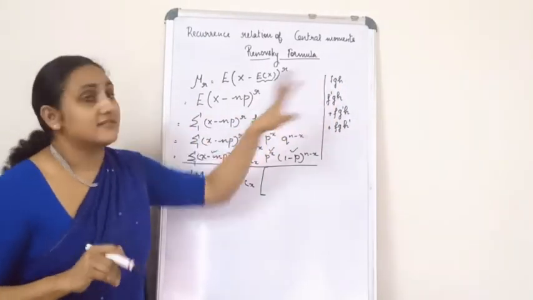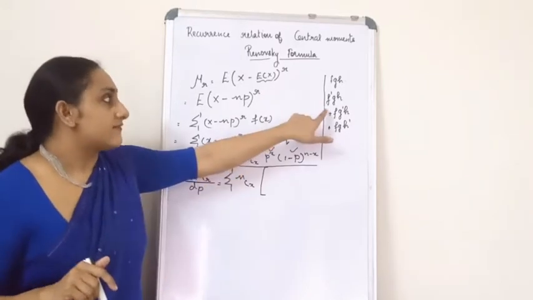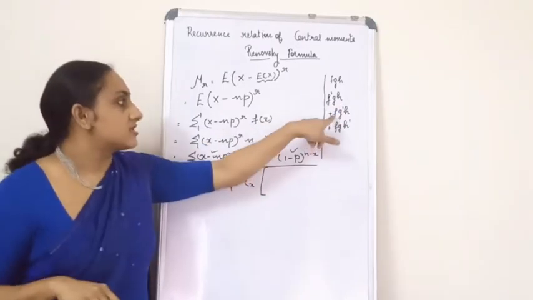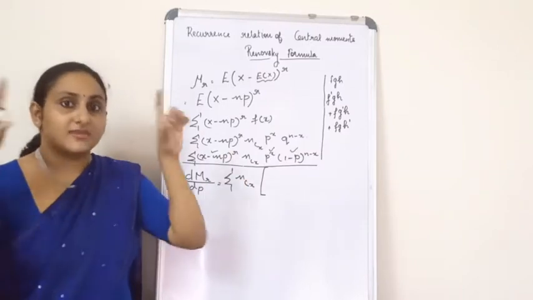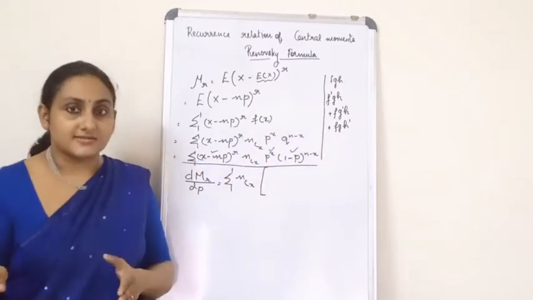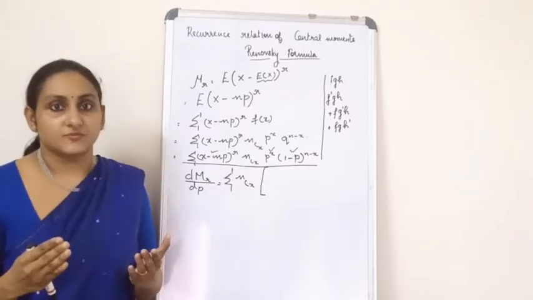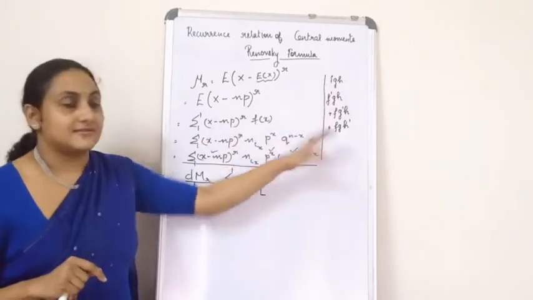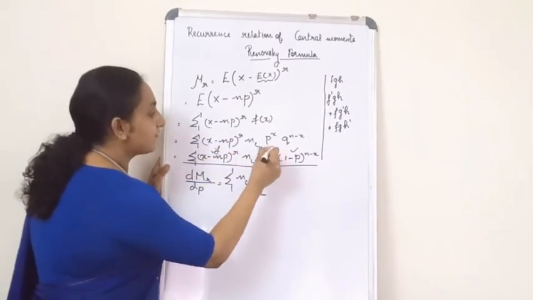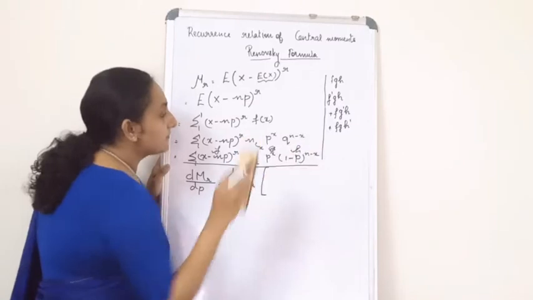When I differentiate these three terms, usually what do you do when there are three terms? You differentiate the first term and keep the other two terms as they are. Plus you differentiate the second term and keep the first and the third terms as they are. Then plus you differentiate the third term and keep the first and the second terms as they are. Similarly, we are going to apply this here, so let's see what we get. My f, g and h are as defined, so I'm not going to confuse you more.